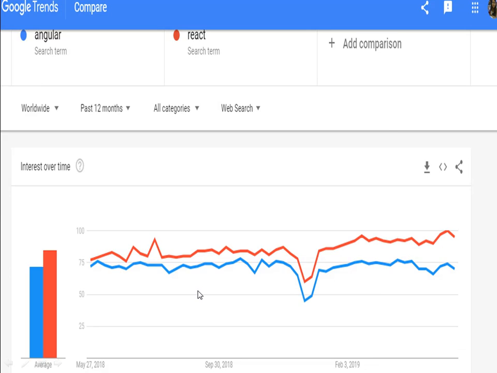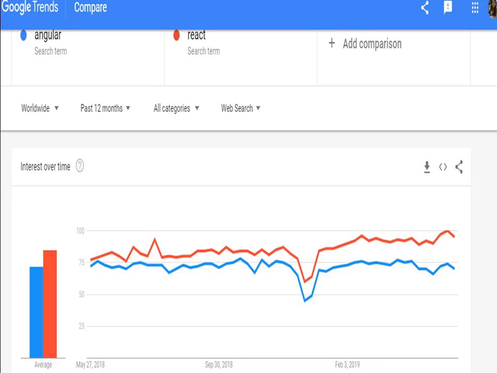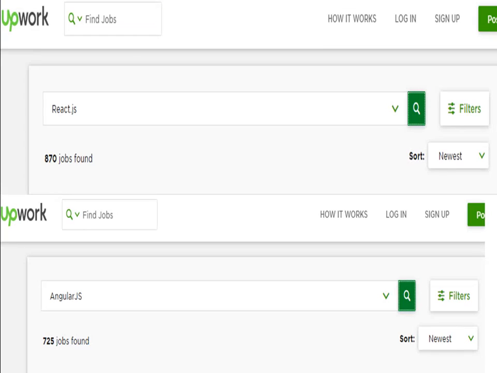So this is where you can see that React.js is much more popular in this context, and people have started working on React.js. Even many of the developers have shifted towards React.js instead of using AngularJS, and new projects are being developed using React.js only. So this way, currently React.js is overcoming every framework out there.